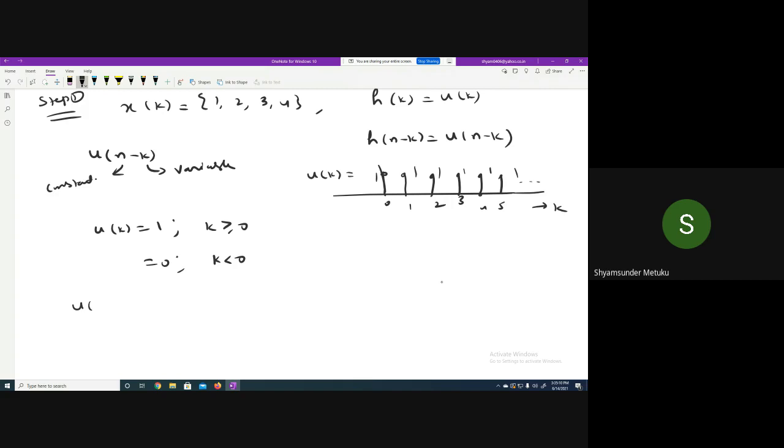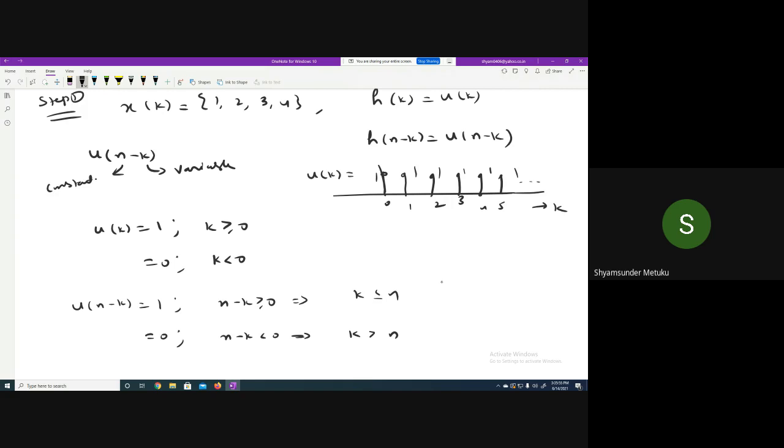Now if u of n minus k you wanted to calculate, n minus k is greater than or equal to 0. So k is my variable. So minus k is greater than or equal to minus n, but I want the k value. So k is less than or equal to n, isn't it? Yes or no? Oh, no, something is wrong here. How can I write this? K is less than or equal to n. Yeah, this is correct. K is less than or equal to n, and it is 0 when n minus k is less than 0. So k is greater than n. Yes or no?